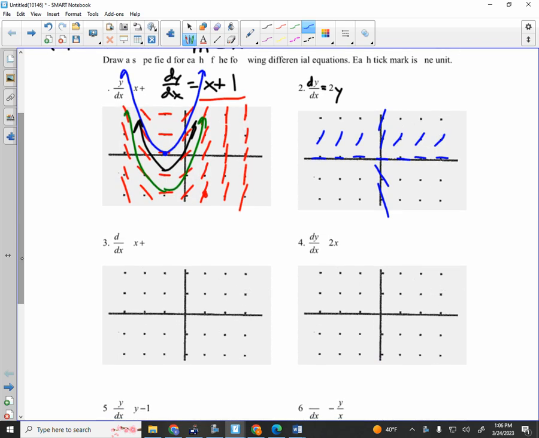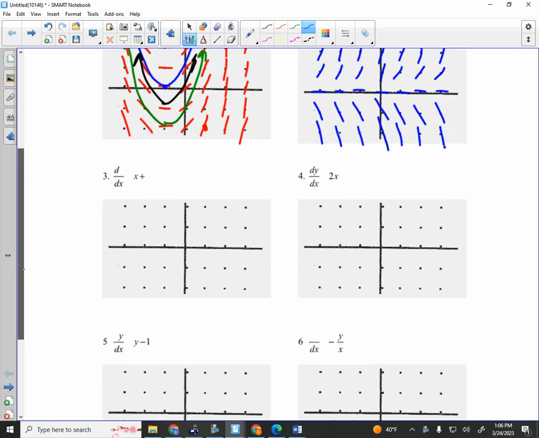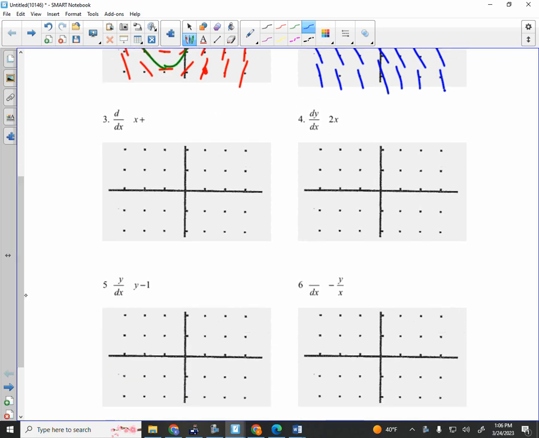And then up here, I'm going to sketch a slope of 4. Down here, I'm going to sketch a slope of -2. And then -4. Harder to draw a graph that goes through there, isn't it? Yep. We're not going to try in this situation, but we are going to look at problem number 3, which